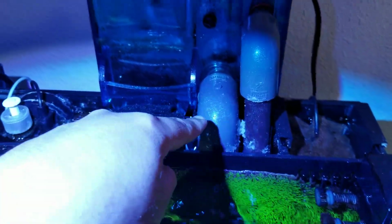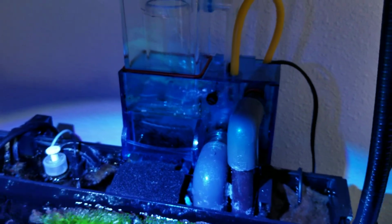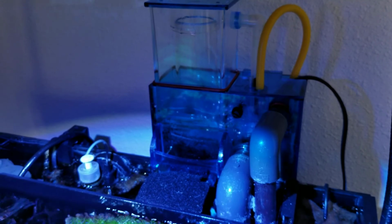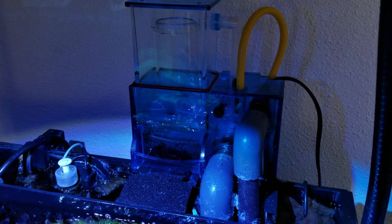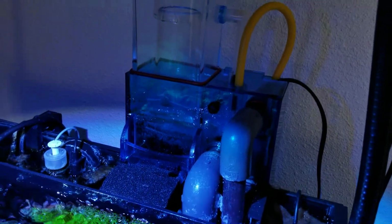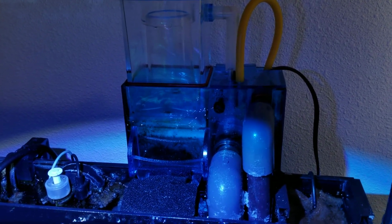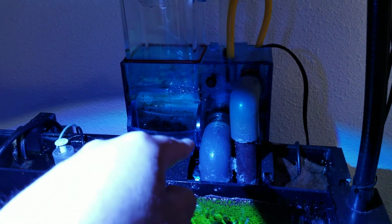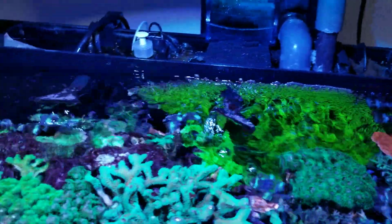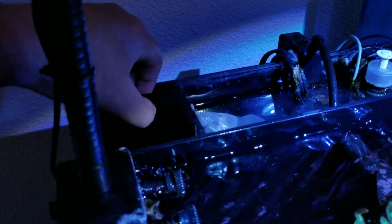I have the intake for the skimmer. This is an Aquamaxx 1.5, one of the best skimmers on the market. It's off because I was cleaning the cup. This is one of the most efficient ones, and fortunately it can fit in the back chamber of this particular tank. Then on the other chamber I have a little media basket,